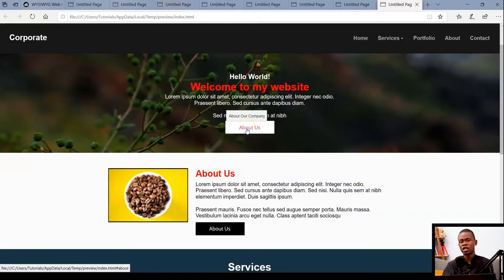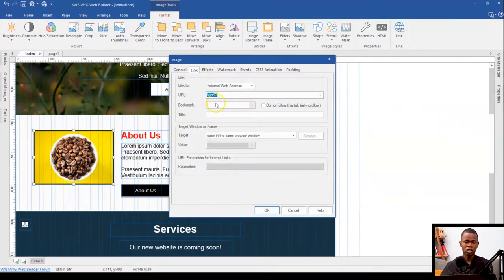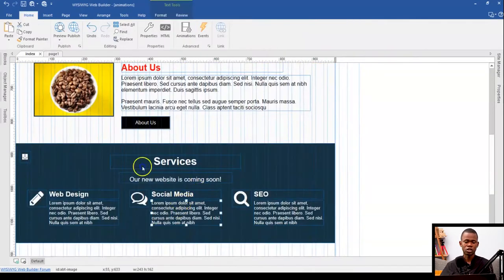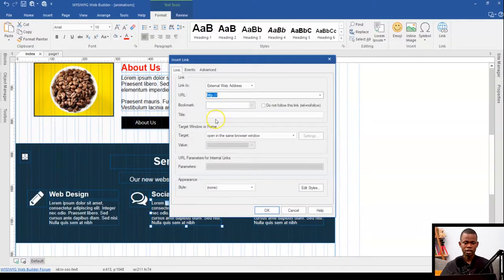So it also gives us an idea about what we're actually clicking on, or what once we click on it, it's actually going to take us to that particular page, or what our pages are going to be about. So we can create titles for image links. Once you come to the image link, you see the title section, you get to specify the details for that. You can create for text as well. So once I highlight the text, I go ahead to link this. I get to specify the title for that text link over there as well.